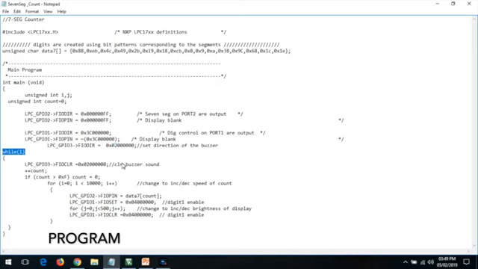Initially we are clearing the buzzer sound, then we are incrementing the count. Count is initially 0, now it starts from 1. We are checking whether the count has reached F, meaning have we displayed all the values. If it is true, we are making the count again equal to 0, or else we are going with the counter. We are going with the for loop wherein you have a counter of I.